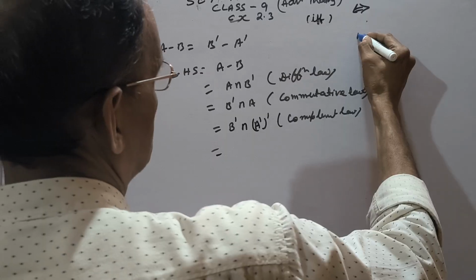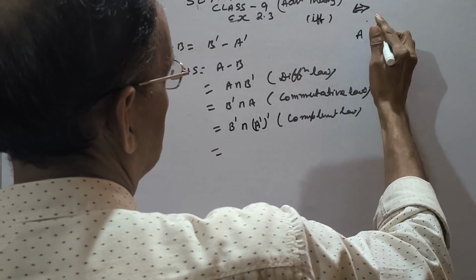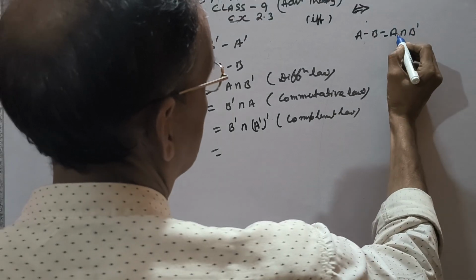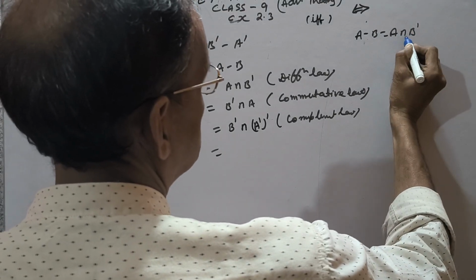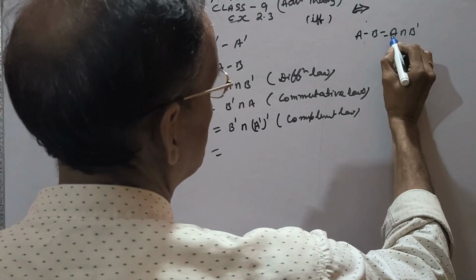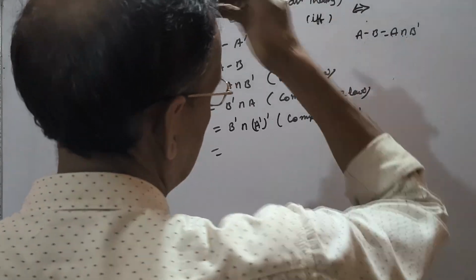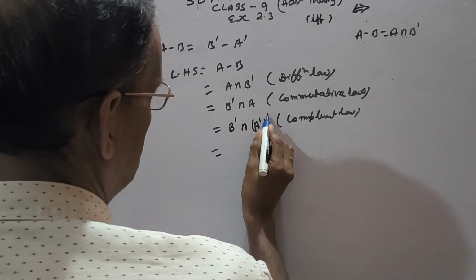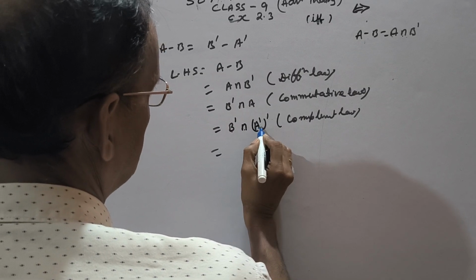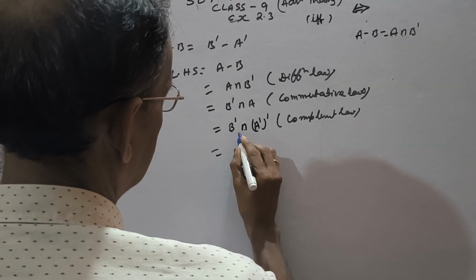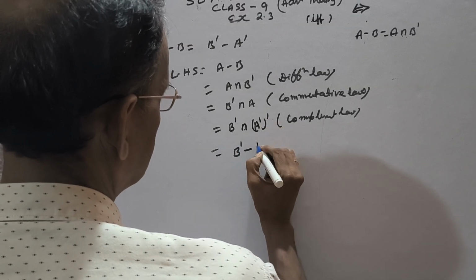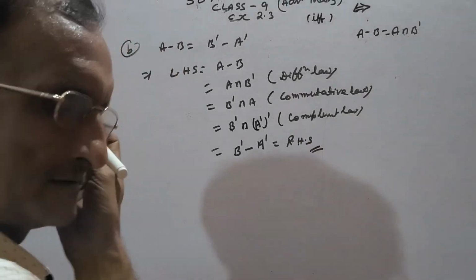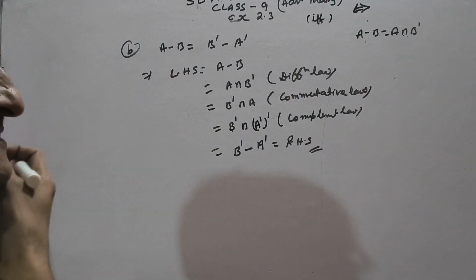And see what is the difference now. A minus B is equal to A intersection B complement. So for this equal to this, we can also write A intersection B complement as A minus B. Suppose this is A, this is B. So A intersection B complement is equal to A minus this minus this. And what is this? This is the right hand side, no? Understood? Easy, not difficult.